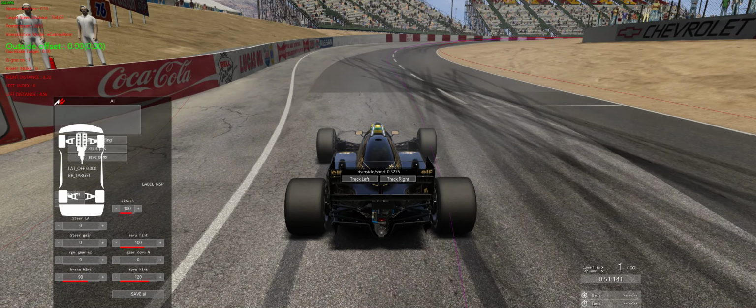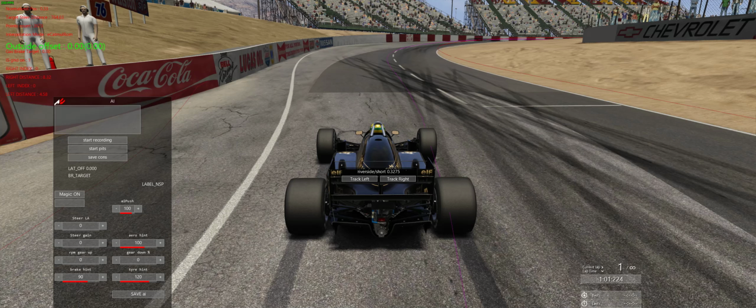So, if I was going to show the pit line. I'm not sure. Anyway,